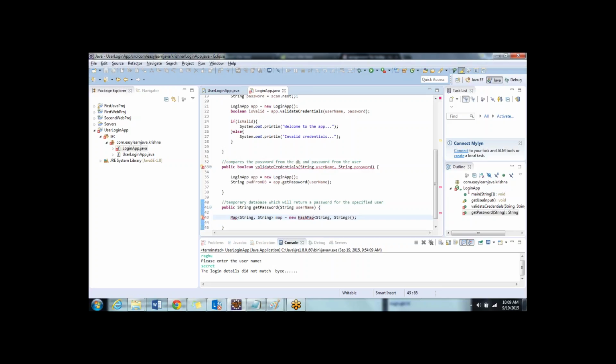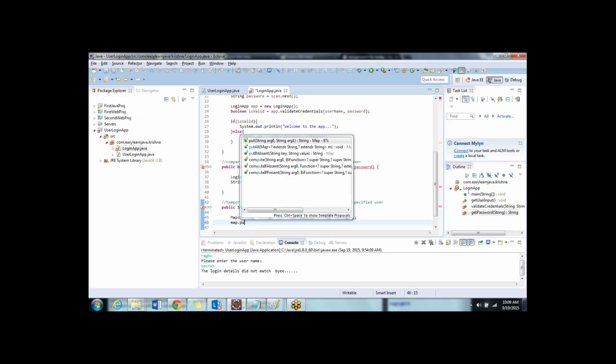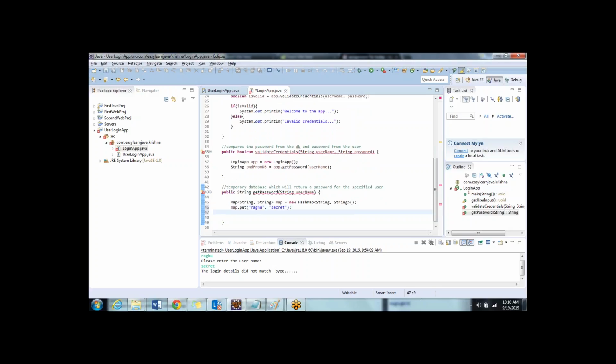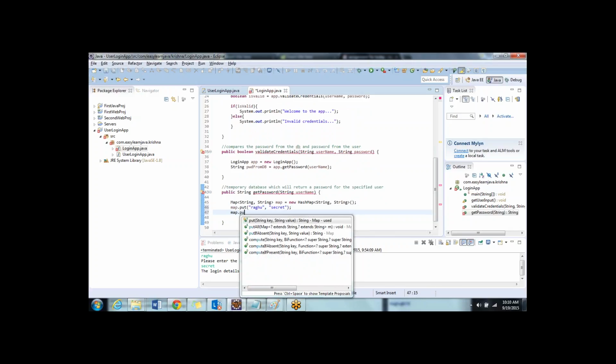Control shift O to import the map and hash map classes, the interface and class. Okay, import is done. Now I say map dot put, writing some key value pairs, which we can use as a temporary database. Since we are not talking to any backend system, we can use this for testing. Map dot